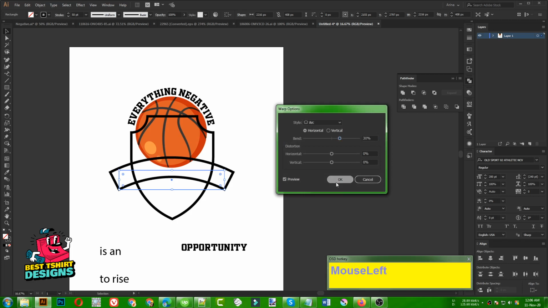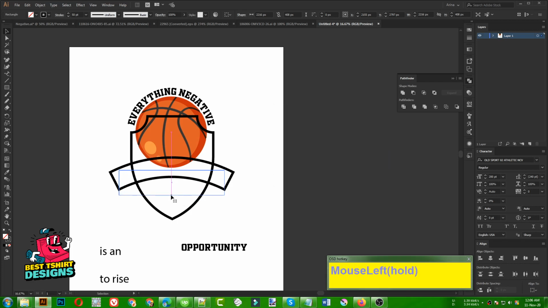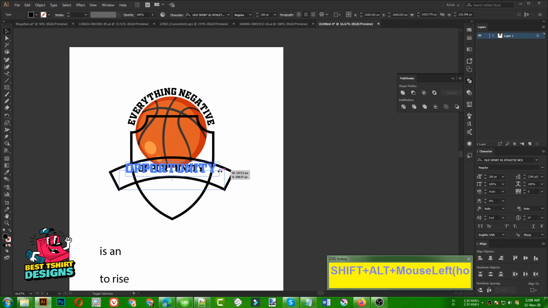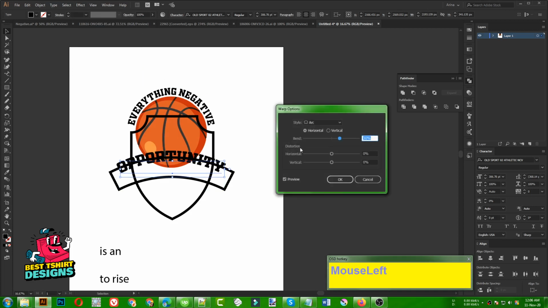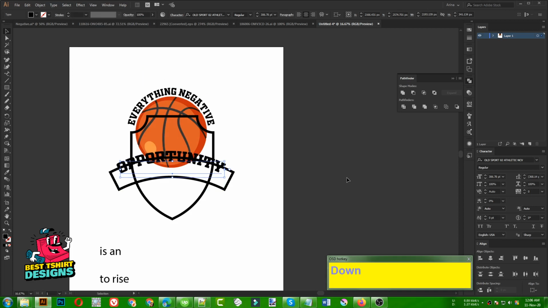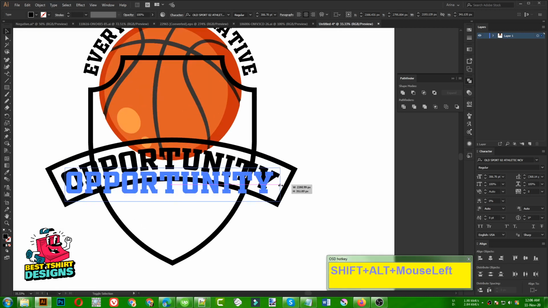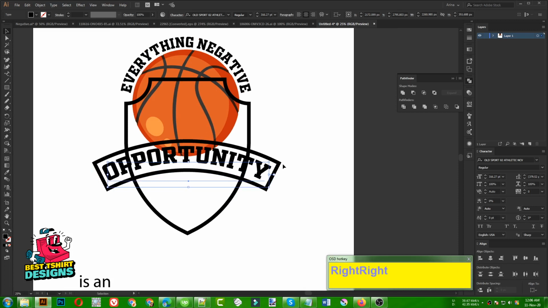Okay, 30% is good, no problem. Let's make it a bit... Okay, I will not need that. So just like this. Then I need to place my text on that arc. So again go to effect, arc, same size, and it is going to fit in this box, just like this. Maybe a bit bigger in size, I don't mind.